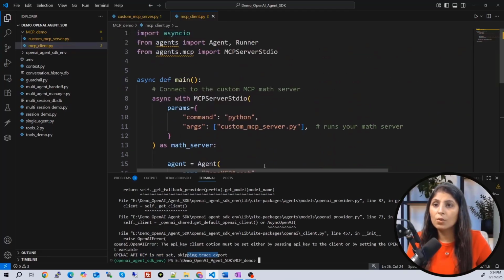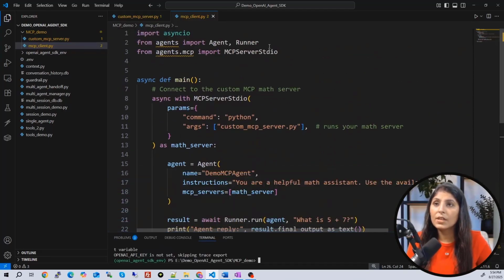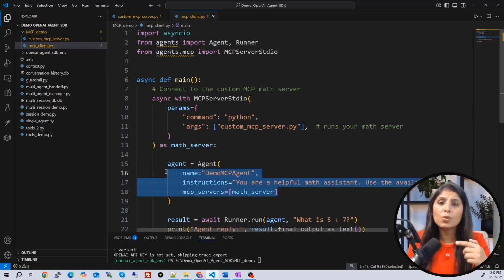See, if you check our code, we haven't loaded the environment variable, we haven't loaded the API key. So our agent is using one LLM. We haven't defined any LLM over here. That means it will use the default OpenAI LLM. But to use any LLM, we need to first load the OpenAI API key. So we will create a .env file, and in that .env file, we will paste the OpenAI API key, and then we will run this code again.